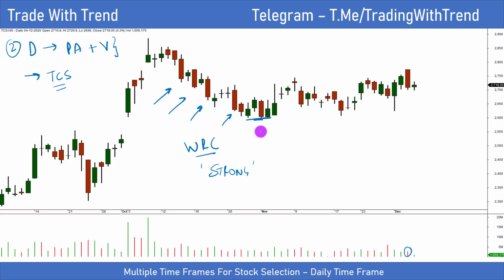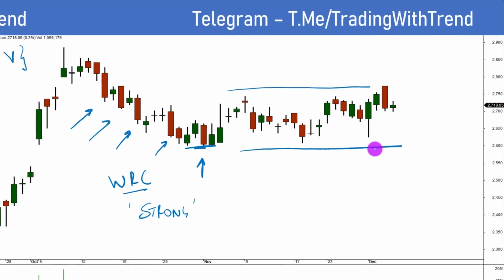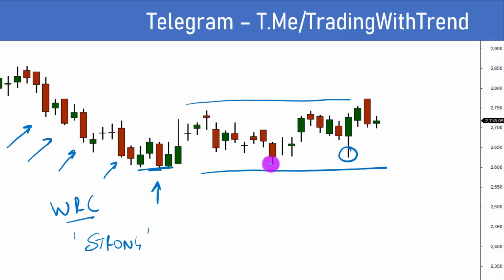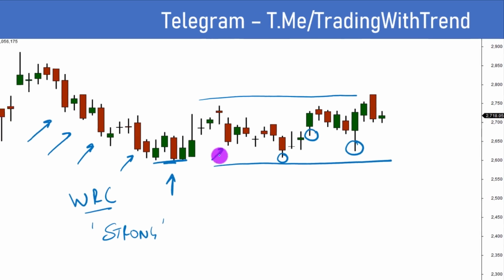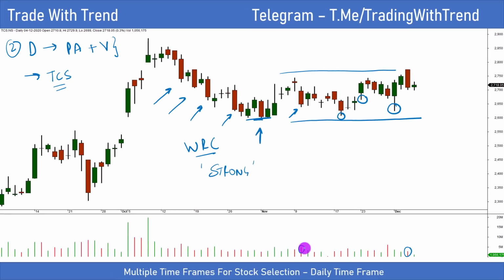So if you take a look at recent price action after this low point was formed, in this particular range, if you see, there are hardly any strong sellers that are visible. In fact, I can see some long tail candles here that definitely tells you that there is some strong demand setting in between 2550, 2650. But on the downside, this is one wide range candle. Some bit of volume expansion is also visible. But beyond that, I cannot spot any strong bearish candles on the downside.